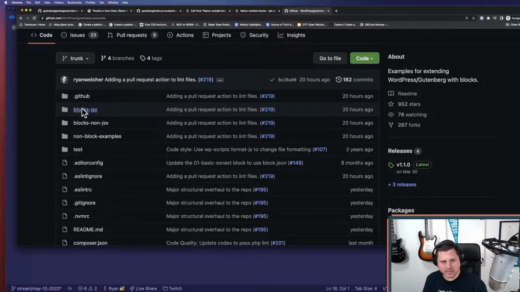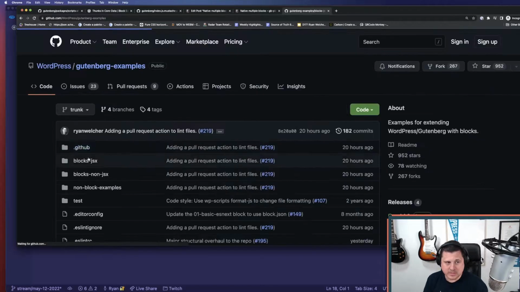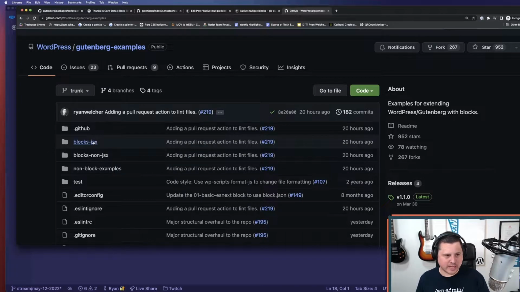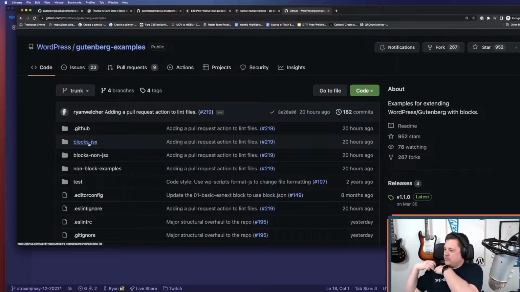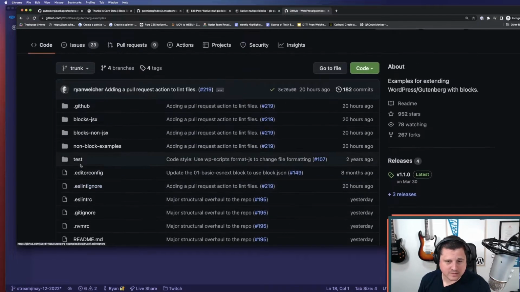And that's because all our blocks are living inside of here. So we have all of these blocks, but instead of having to write a custom Webpack file, which is what I did originally with this pull request, I actually just added this flag to the scripts package to allow us to customize the name of the directory that all your blocks are going to be in. And I think that's a nice little touch to be able to integrate scripts into an